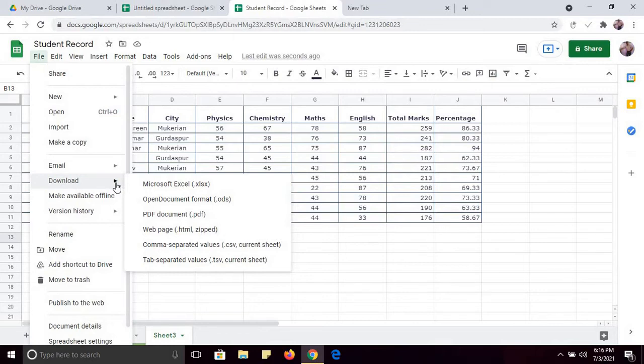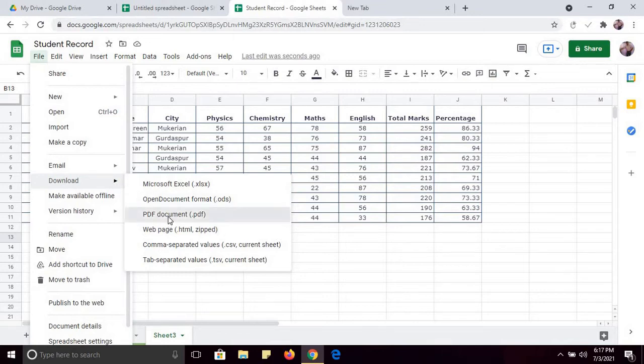If you have created Google Docs, you must know some basic features of Google Sheets, because when we create a Google Form, all the data is stored. Suppose we have created a Google Form for collecting the data, and all the data will be stored in the Google Sheets. So you must know how to work with Google Sheets, and then you can save this file in any format. You can save this file in Microsoft Excel format or ODS format or PDF format.